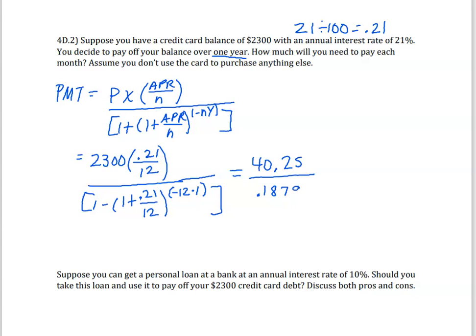This is what's going to show up on your screen, but we know that the calculator is rounding off. This is not the end of the number. So the smartest thing to do is, when you get to the next step, do 40.25 divided by, and then get your answer to come up by hitting second, I think it's a second negative on the graphing calculator, but that will get this to be